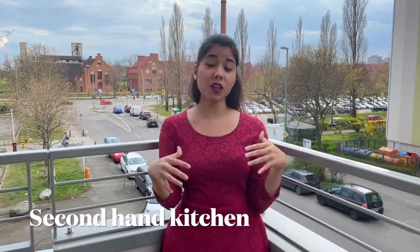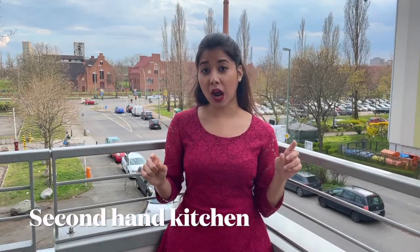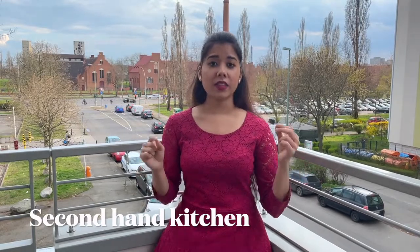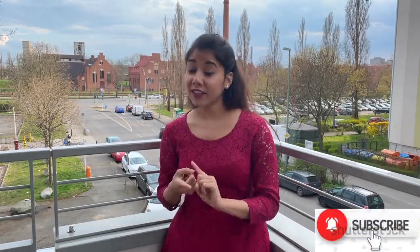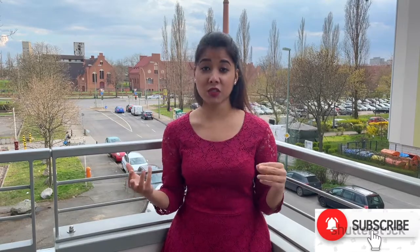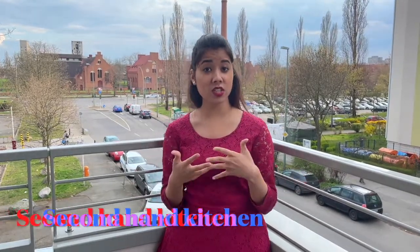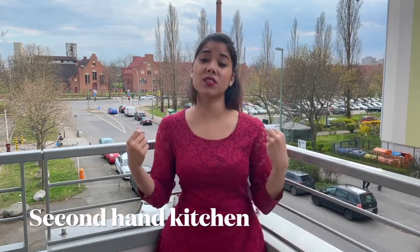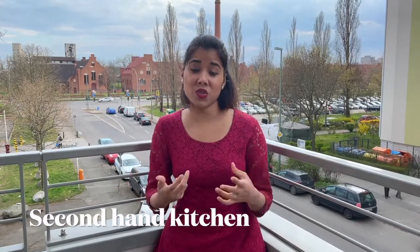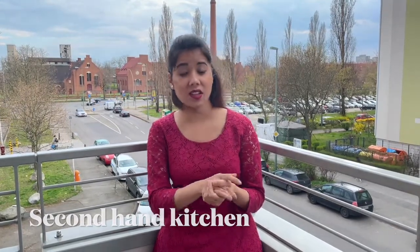There is also the option to buy a second-hand or used kitchen, which means mostly the tenants who are living in the flat sell their own furniture. If you get in contact with the tenant, they would definitely be willing to hand over their kitchen for a certain amount of money. You can even negotiate in this case. If the kitchen is good and clean, you can negotiate and just take the kitchen, because it's a very tedious process to get a kitchen installed. For installation you also have to pay somebody, and the installation charges are very high here. So it's better that you